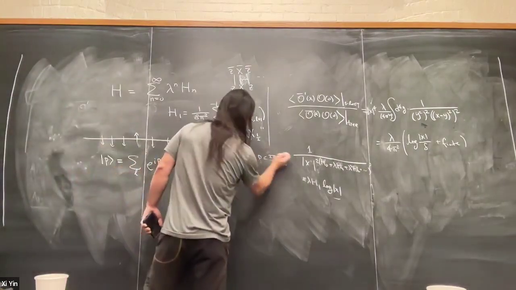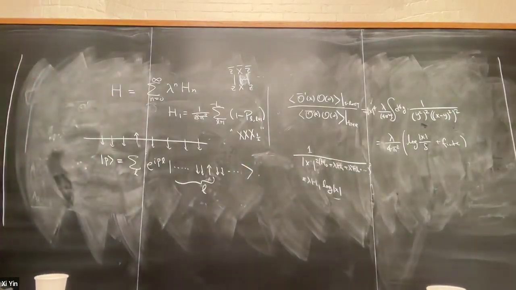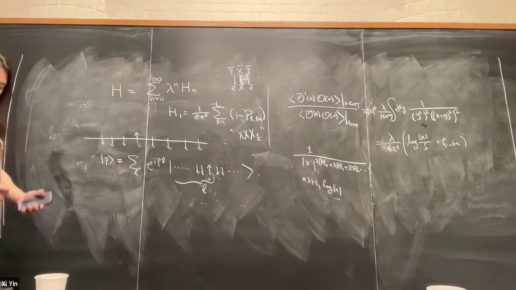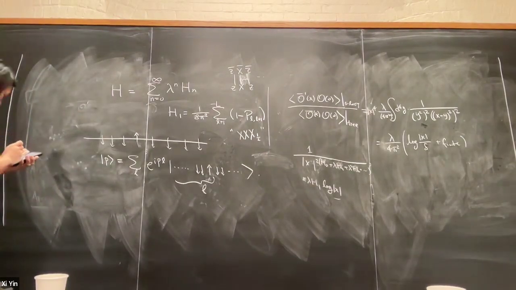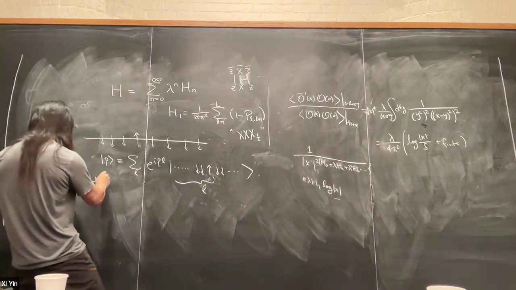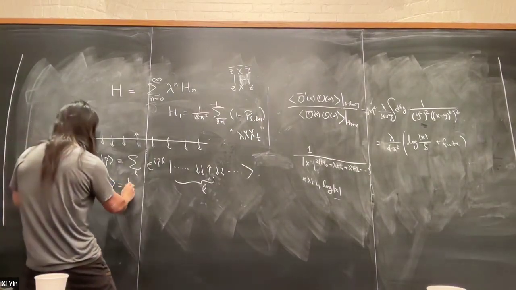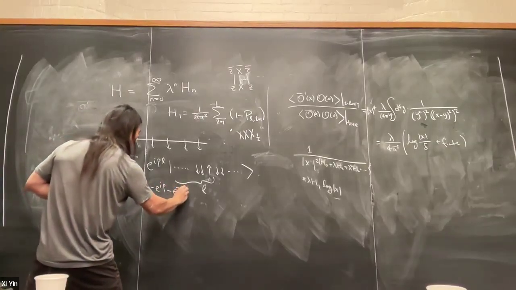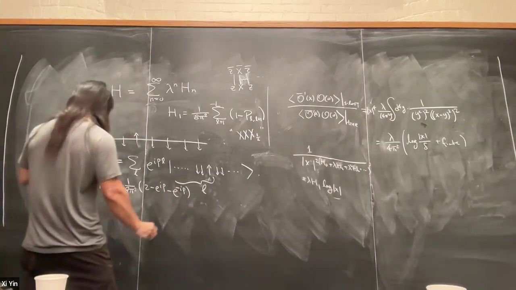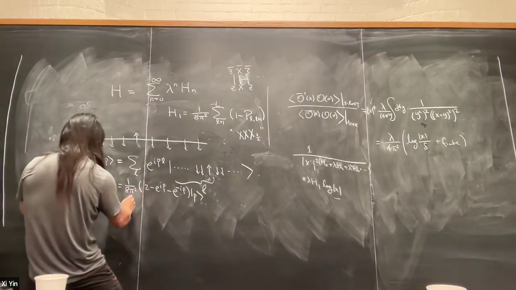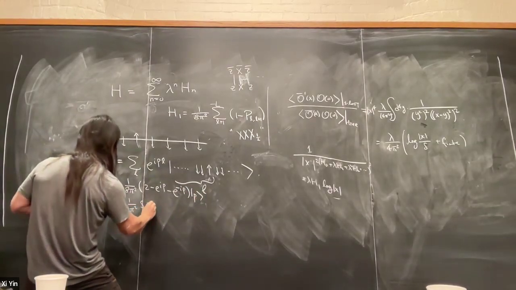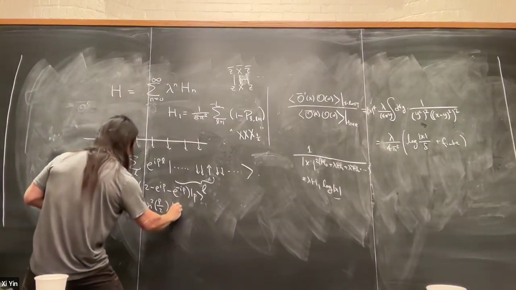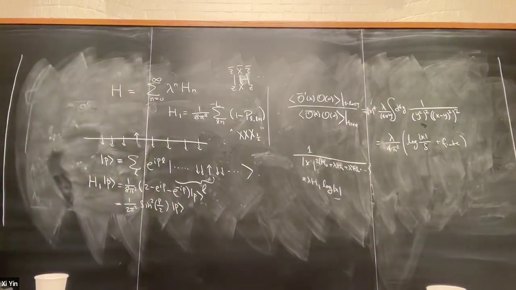Well, but let me focus on the infinite chain limit. Let me not worry about that. So you can act on this with H1 and easily diagonalize it. You will find that H1 on P is equal to 1 over 8 pi squared, a calculation that's so easy I can do it on the board, 2 minus e to the minus iP minus e to the iP, times P, which is also 1 over 2 pi squared sine squared P over 2.